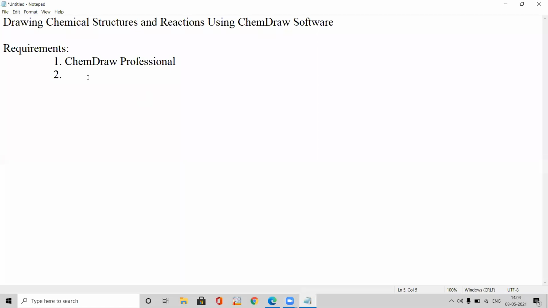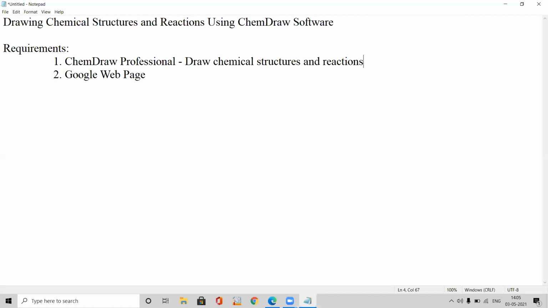The second tool that we need is Google web page. So this ChemDraw Professional we are going to use to draw chemical structures and reactions.